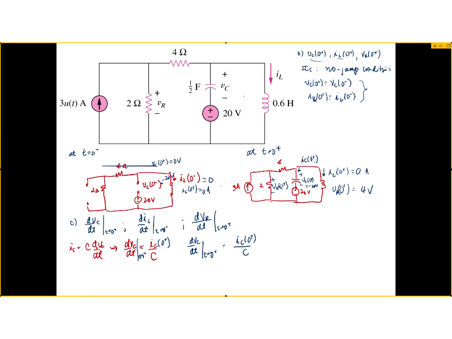It's the current flowing to the 4 ohms. Why? The current in the inductor is 0. Therefore, how much was flowing to the 4? It was 2 amps, 1 amp, right? It can only go through the capacitor. Why? Because the current in the inductor has to remain 0. Okay? So I sub C at 0 plus is actually what? How much? 1 amp